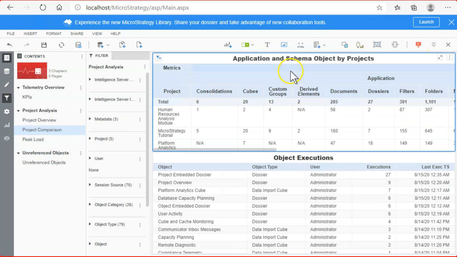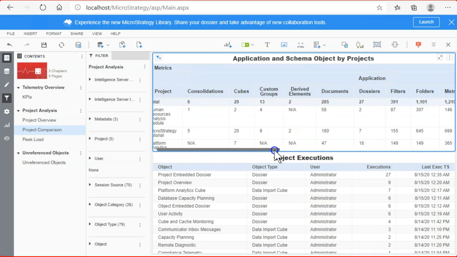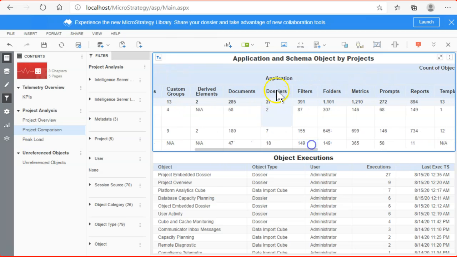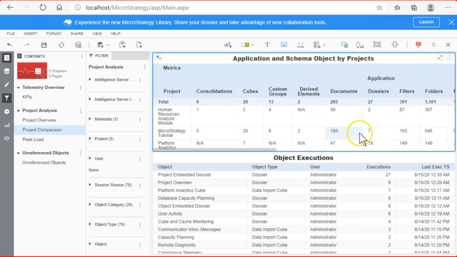And you can have the project comparisons also. You can see application and objects by, number of consolidation cubes, in this only 20 here, platform analytics 7. So we can get all the comparison with our data. You can see it here, total number of dossiers, it will give you the information. Okay, so that's how we can get the information.